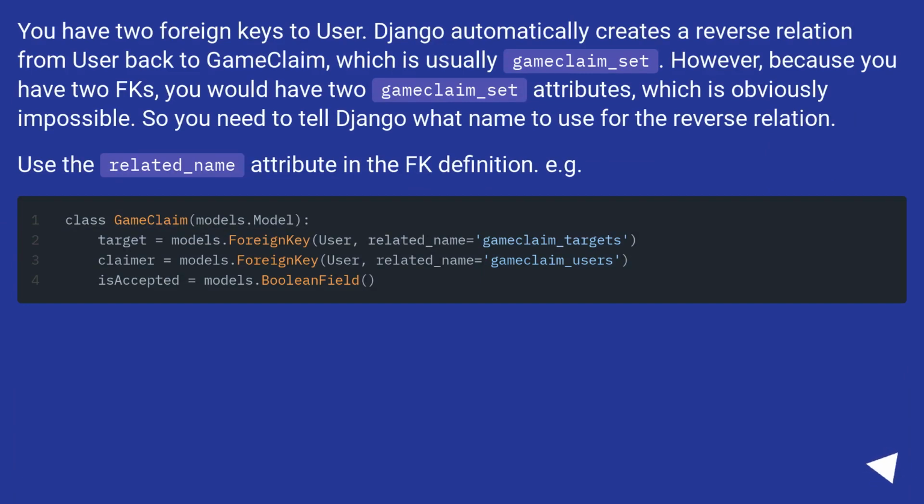You have two foreign keys to user. Django automatically creates a reverse relation from user back to gameClaim, which is usually gameClaim_set. However, because you have two FKs, you would have two gameClaim_set attributes, which is obviously impossible. So you need to tell Django what name to use for the reverse relation. Use the related_name attribute in the FK definition. For example,